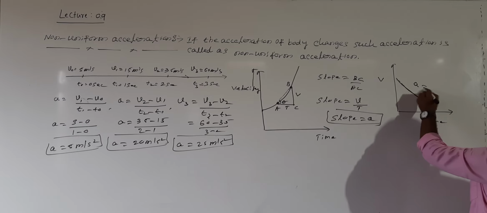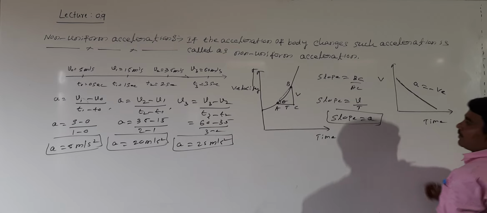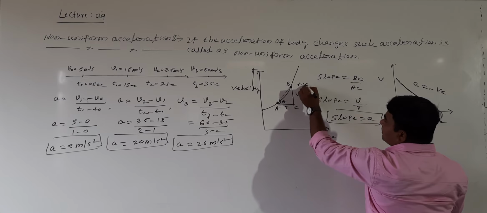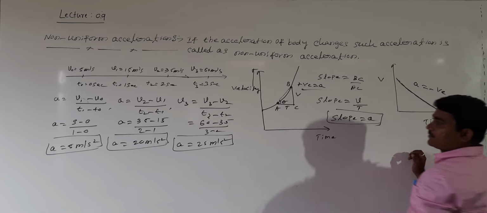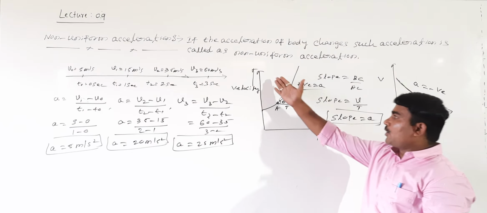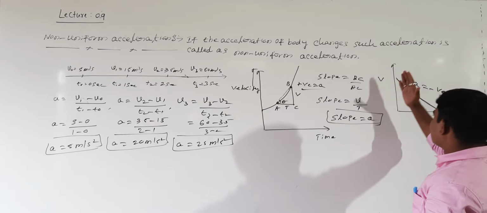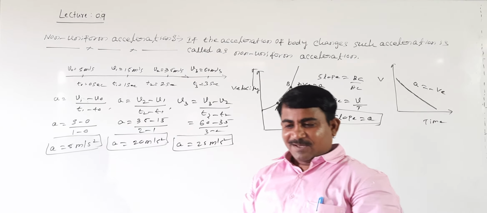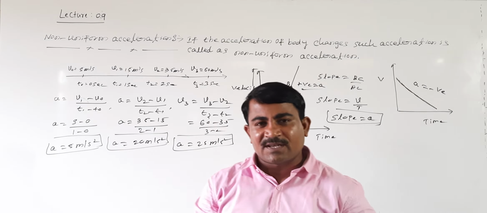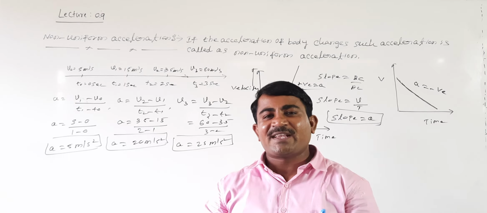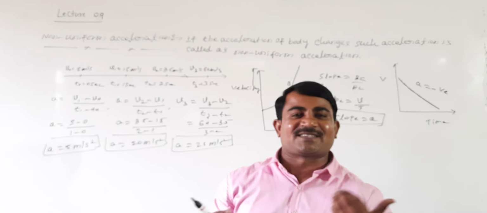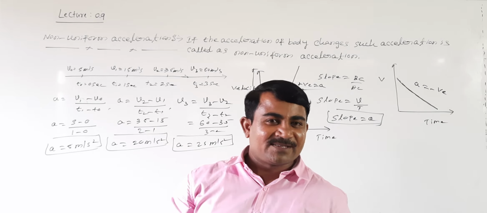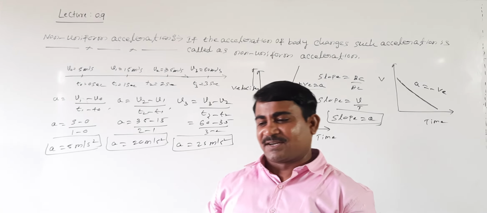Here acceleration must be negative. But what about this? Here acceleration must be positive. This is for what? Non-uniform acceleration, and this is for what? Negative acceleration graph. Right? After this, shall I see one more acceleration? That we are calling average acceleration and instantaneous acceleration.